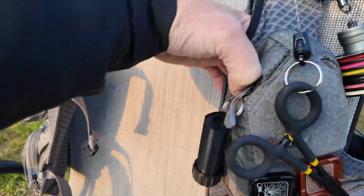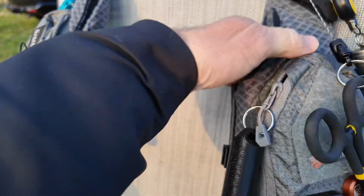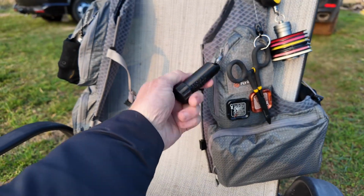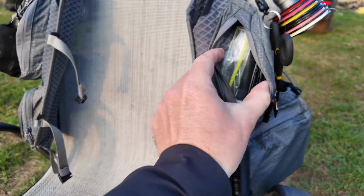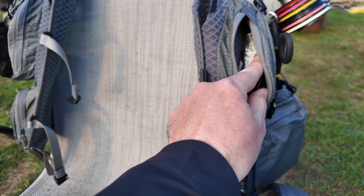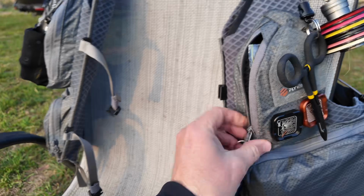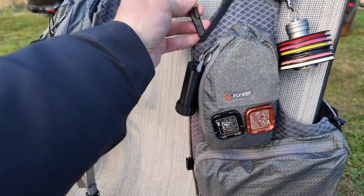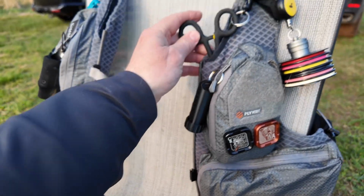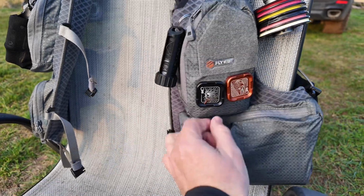In this little side pocket here, I've got a pair of the fingerless gloves, the Possum fingerless gloves. This is my trash stash attached to the zip, and then in here I've got my tippet. I keep my phone, and I also keep my batteries for my DJI Action 4. I just put the forceps down in there with the gloves, and then a couple of mag pads here,